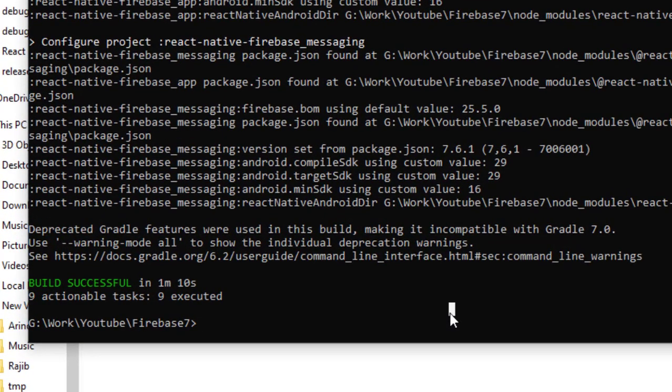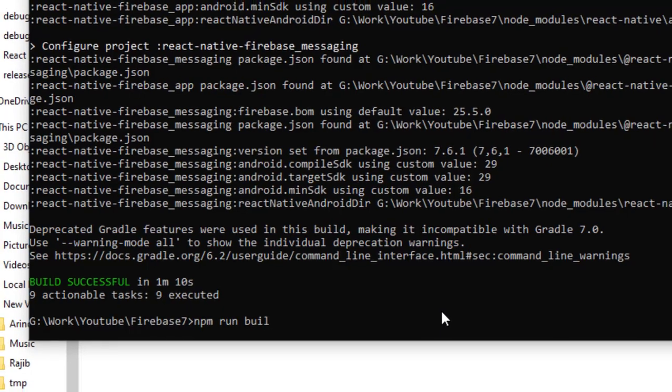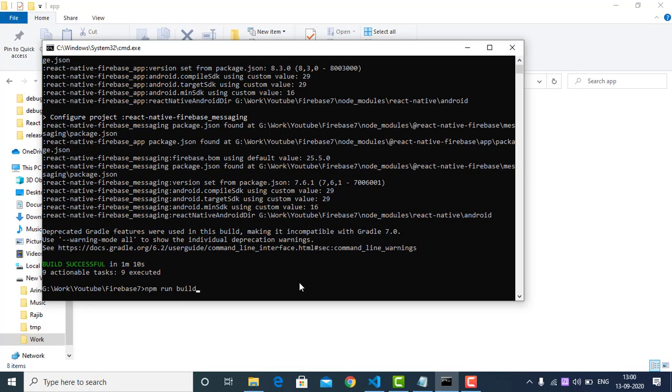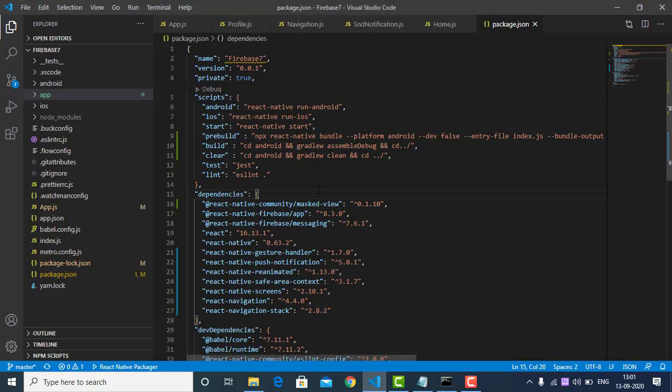So if I run npm run build, you have to enter this line to build your debug APK. Npm run build builds your APK, or if you want to clean your Gradle, you have to run npm run clear, and before that you have to add this line to clean your Gradle and these two lines to build a debug APK.